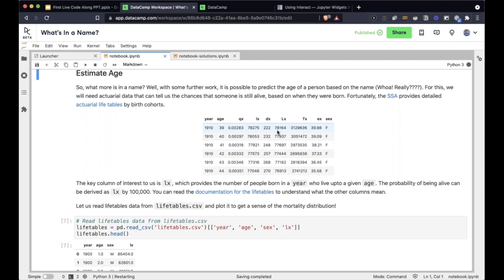So small lx is not the probability. It's expressed as the number of people alive out of 100,000. So we are deriving the probability by dividing by 100,000, because it's not a probability in the first place.